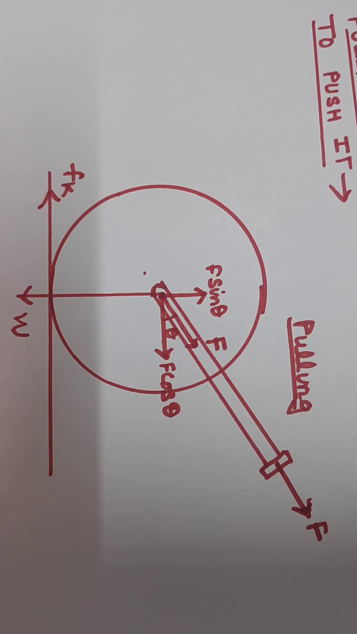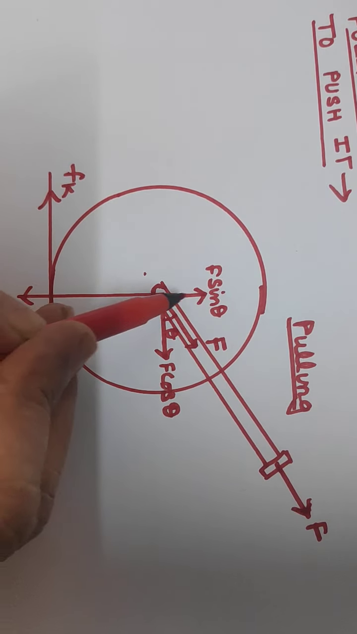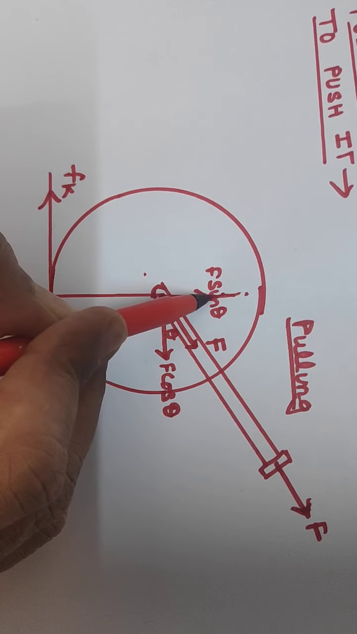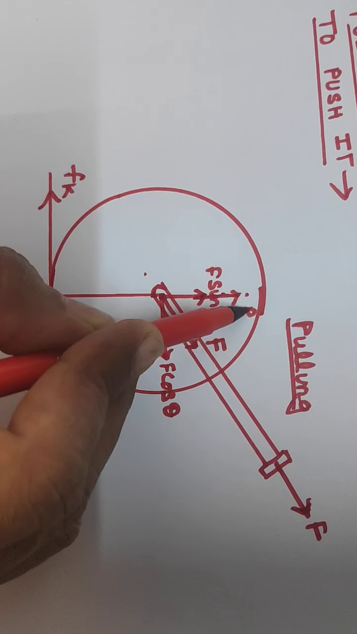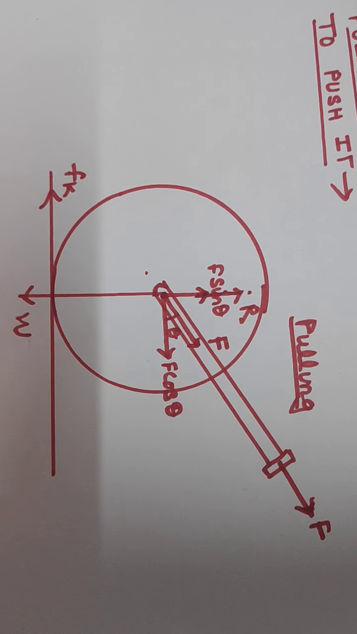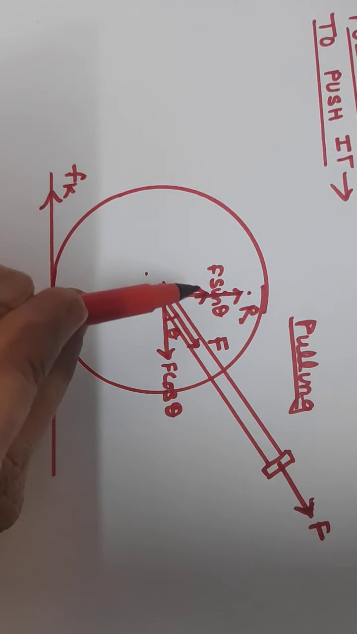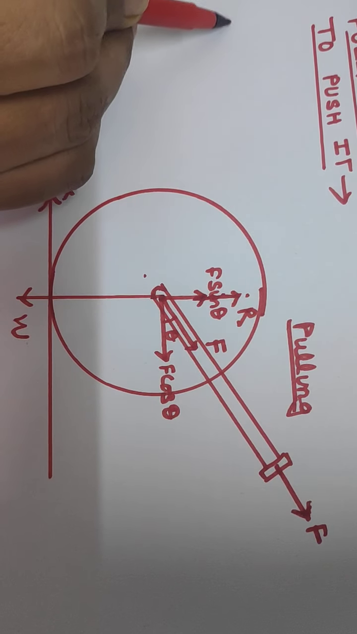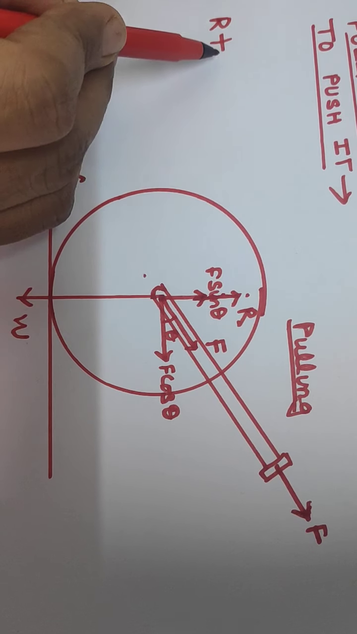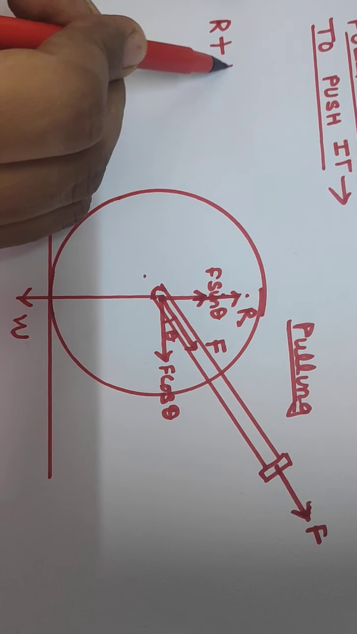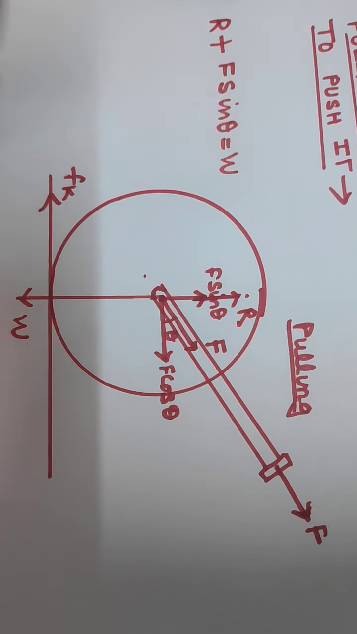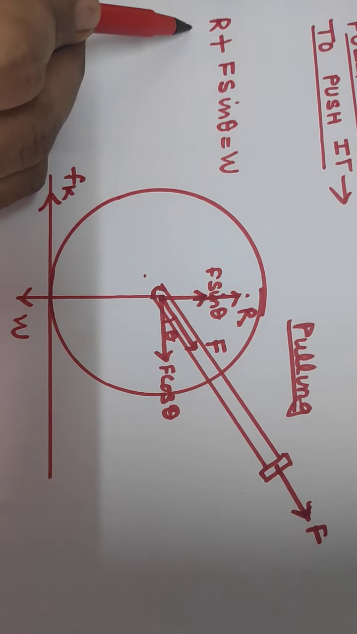Now all the forces are clear, and the reaction of the wheel will also act in this direction, R. Okay, so in the equilibrium condition, R plus F sin theta will be equal to W. We can write here R plus F sin theta equal to W. Okay, and R equal to W